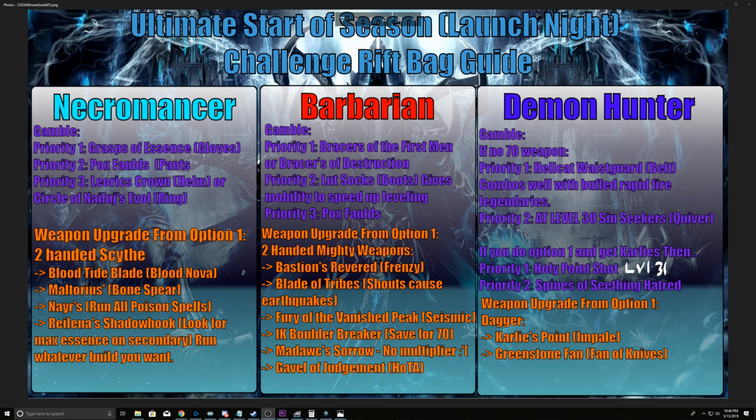For Demon Hunter, you're going to want to be gambling for Hellcat Waistguard and Sin Seekers. Sin Seekers at level 70, allowing you to do a multi-shot with grenades and just blow through enemies. If you decide to do the level 70 upgrade option, instead you would focus on getting a Holy Point Shot, hopefully from the upgrade, and if you get that, then you would do a Holy Point shot at level 31, and